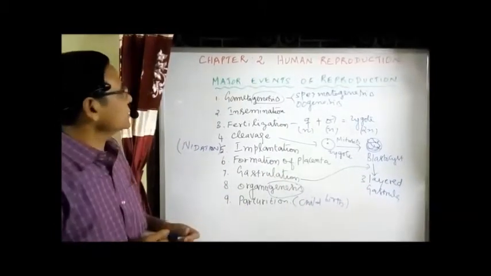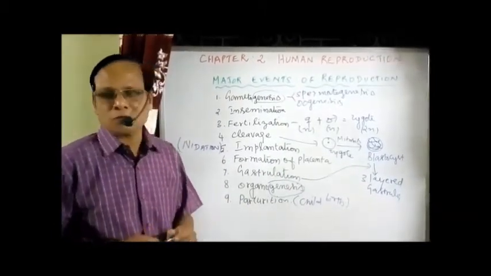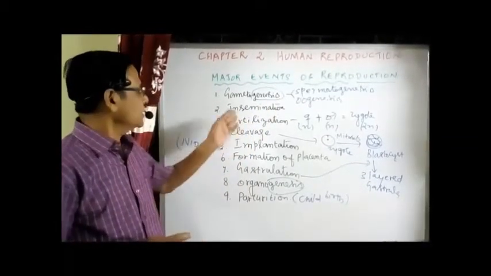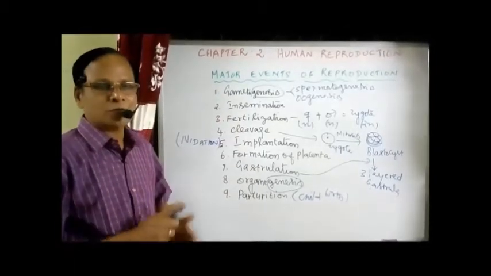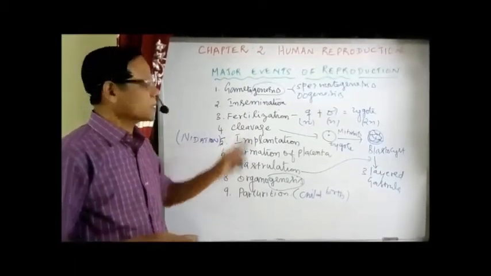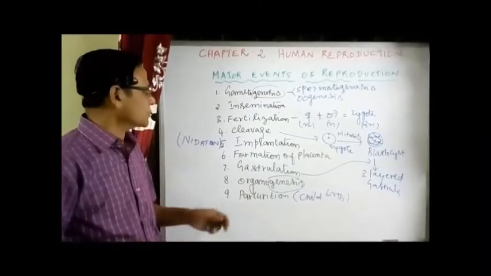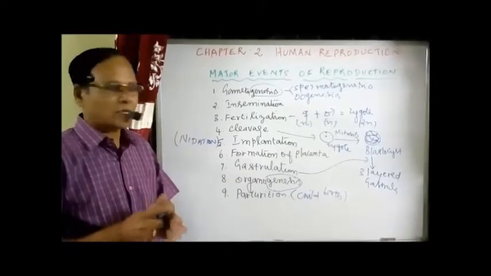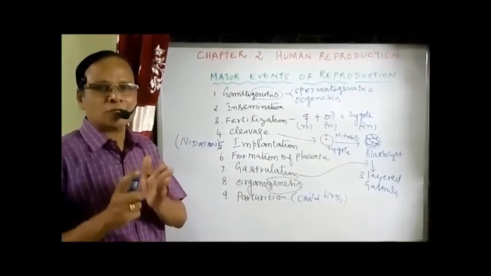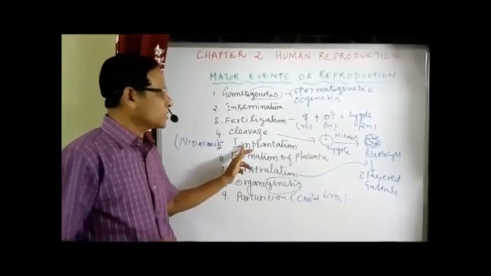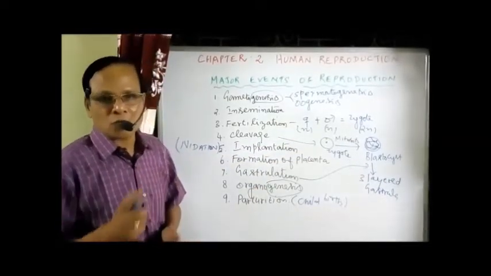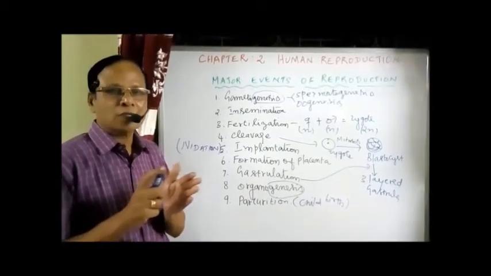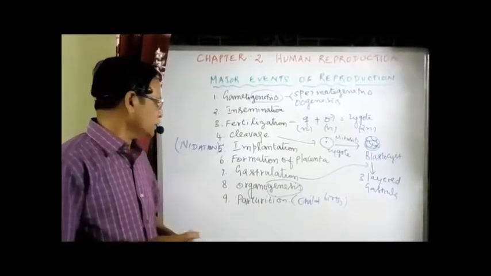So these are all the various steps. Normally we have sub-steps also, but the major steps involve the events of reproduction or gametogenesis, then insemination, transfer of sperms from male to female body, fertilization, union of male and female gametes to form a diploid zygote, cleavage, the segmentation of the fertilized egg into a multicellular structure, what is called blastocyst, implantation, attachment of the blastocyst to the inner wall of the uterus, then formation of placenta, the vascular connection between the uterine wall and the developing fetus,